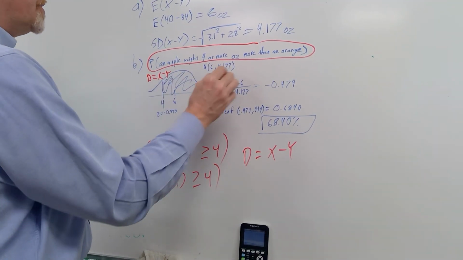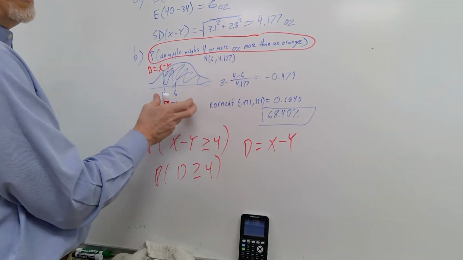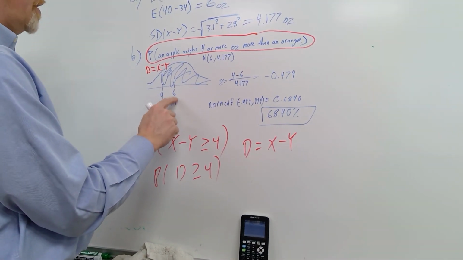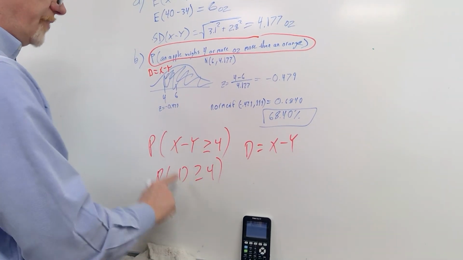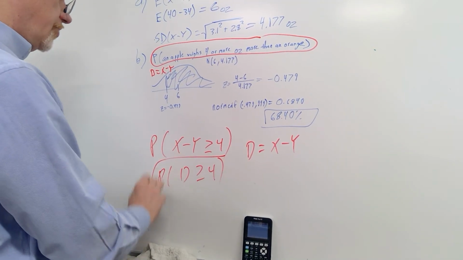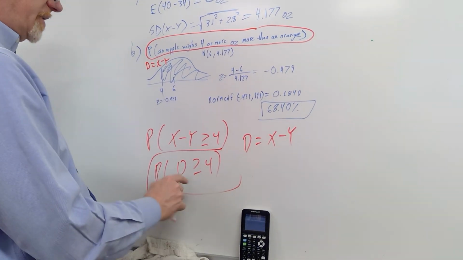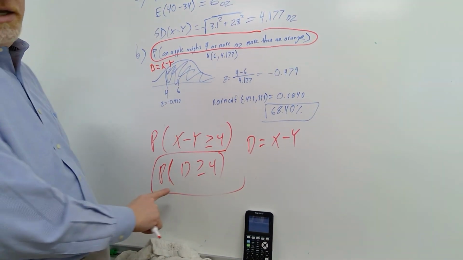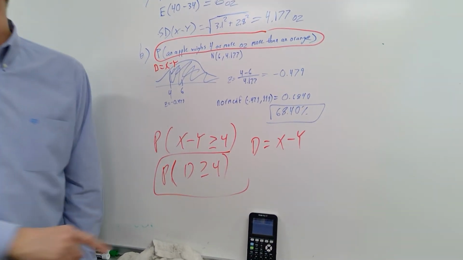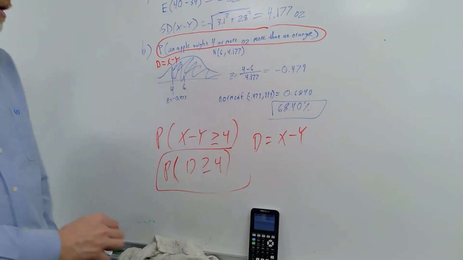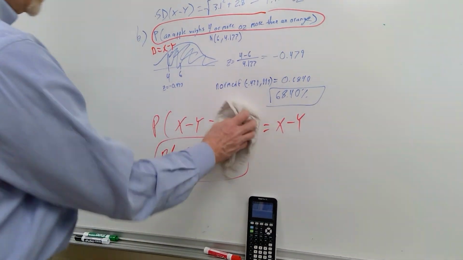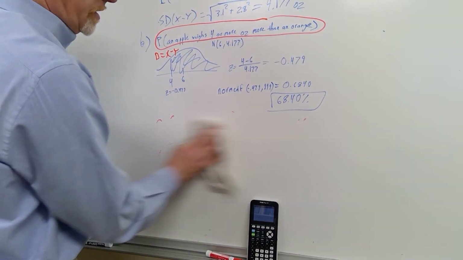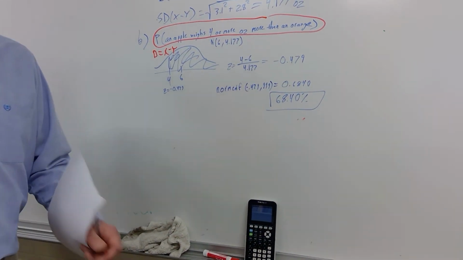Here's a normal distribution of the difference between the weight of the apple and the orange. So difference on average is 6. We want to know when is the difference greater than or equal to 4. So you could define d as x minus y and then get a nice clean algebraic expression of what the probability is in the first place. So, all right, we're going to go down to a part C on this, and I'm just going to pause the camera while I show